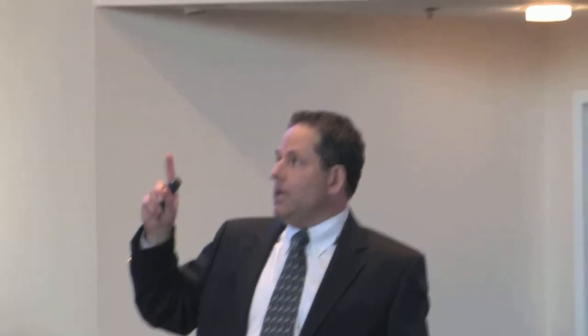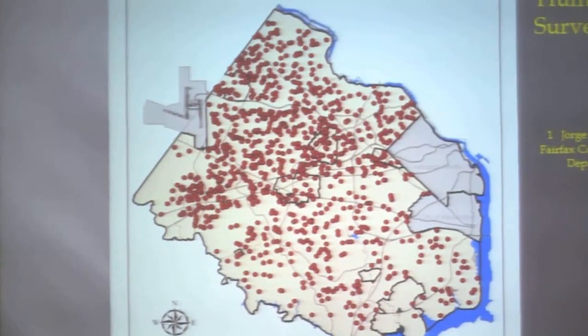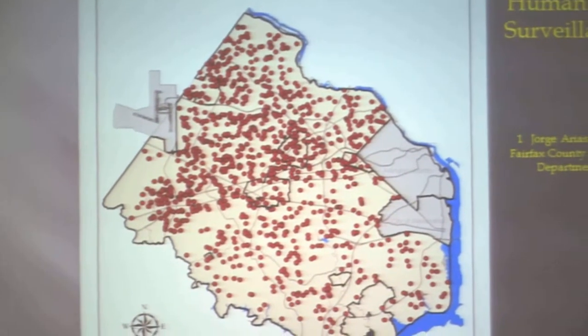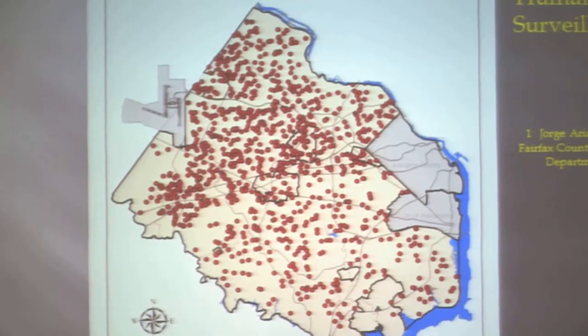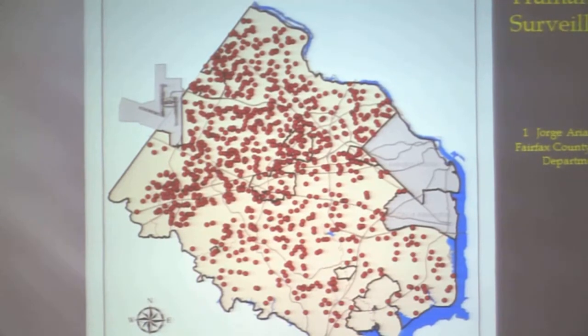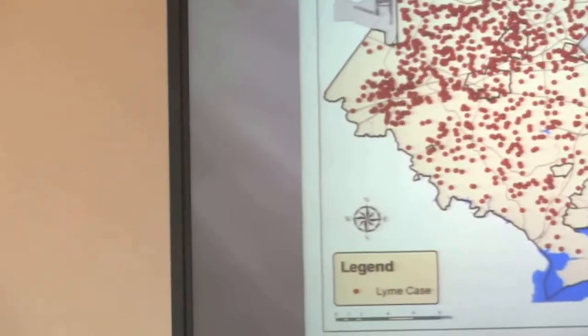Locally, this is representative of Fairfax County, thanks to Jorge Arias, who is the entomologist of Fairfax County. Each one of those red dots represents a case of Lyme disease between the 2005-2010 time frame. If you can recognize Dulles Airport, I believe, it is to the far left, so westward is a larger population center that has had a number of cases, and if you extrapolate to Loudoun County, we're what's west of Fairfax County. And in the next slide,